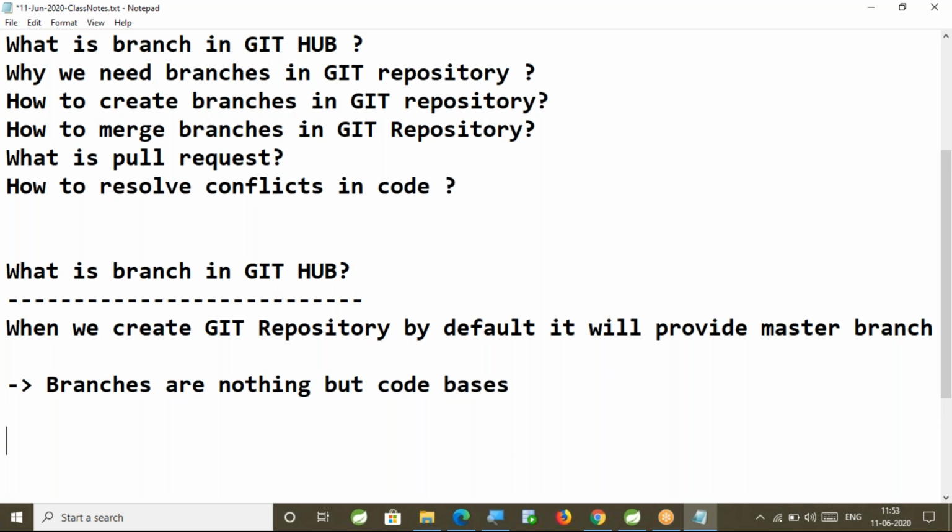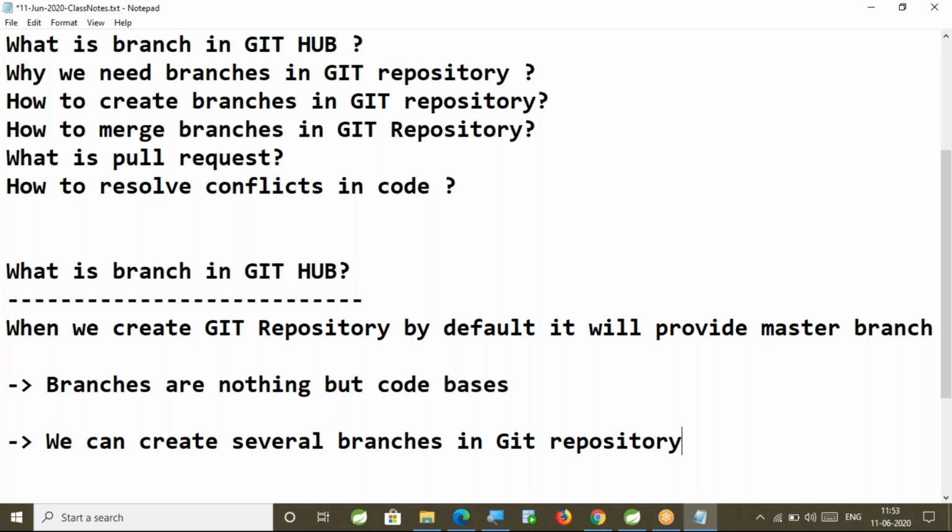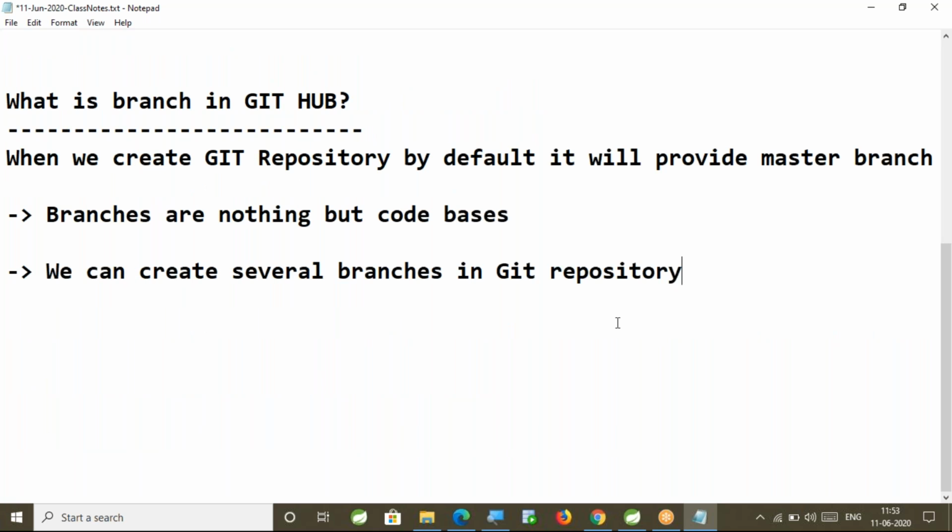We can create several branches in a Git repository. Now, what is a branch? A branch is just a code base in the Git repository. Whenever we create a repository, by default, the master branch will be created.